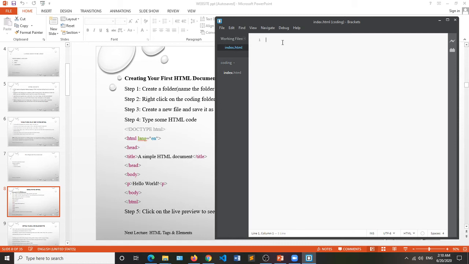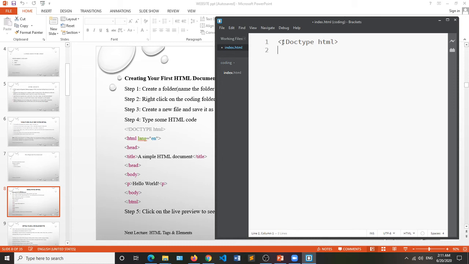So we start with the HTML doctype declaration. You have your less than, exclamation, then doctype. The doctype is HTML. You close it, and come to your next line.